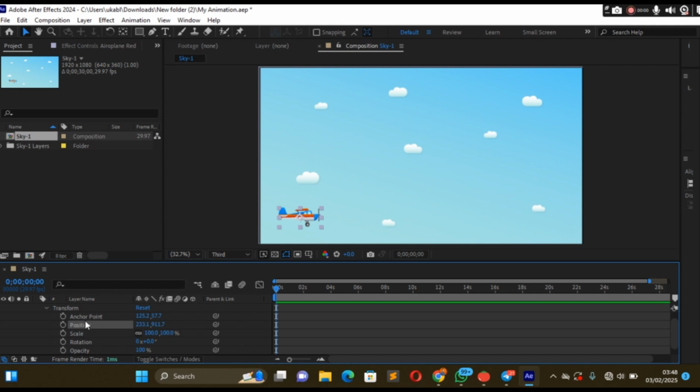You see anchor point, position, scale, rotation, opacity. Now what I want to explain is this. These are the major things that will help you determine how you want anything you have in your animation to show, how you want it to move, what you want it to do. It's like the five basic